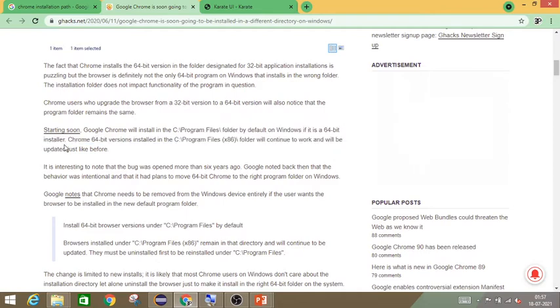I actually uninstalled Chrome and reinstalled because I encountered this issue, but I found that it got installed only in Program Files.